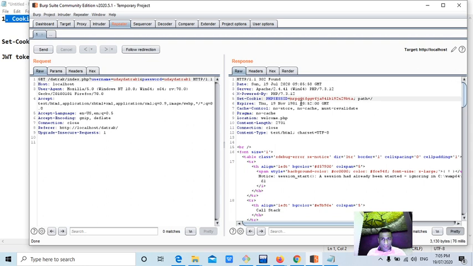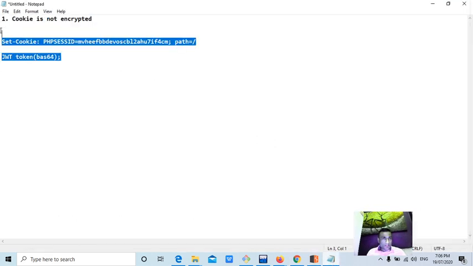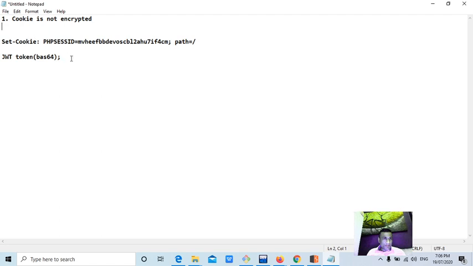it will be shown in the response, right? So two types: I told you how to decode the base64 and report it as a security issue. And the second thing is that if you see somewhere in the Set-Cookie line something like email equal to Uday at, then you could say sensitive information in the cookie. That's a different issue, guys, but however you can report it as a part of this issue too.